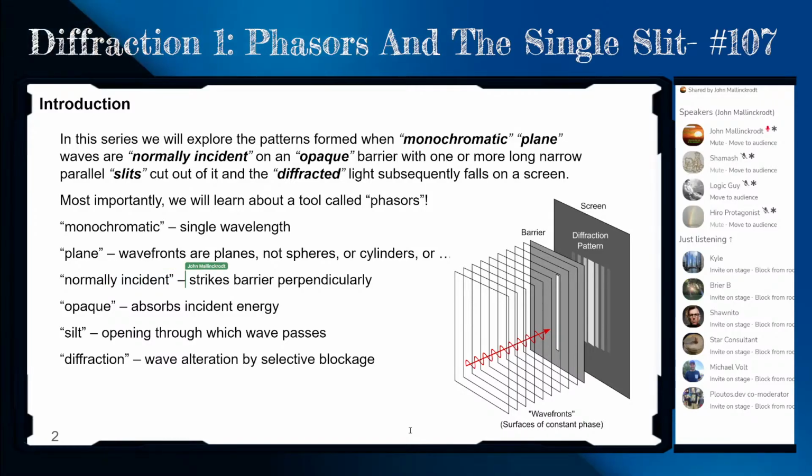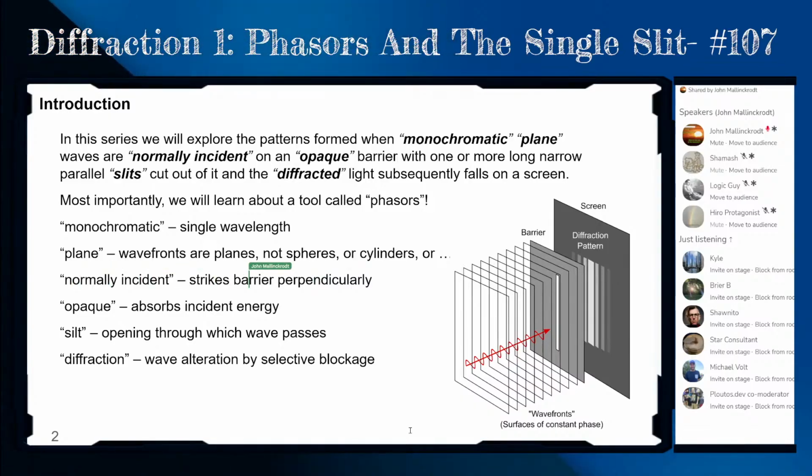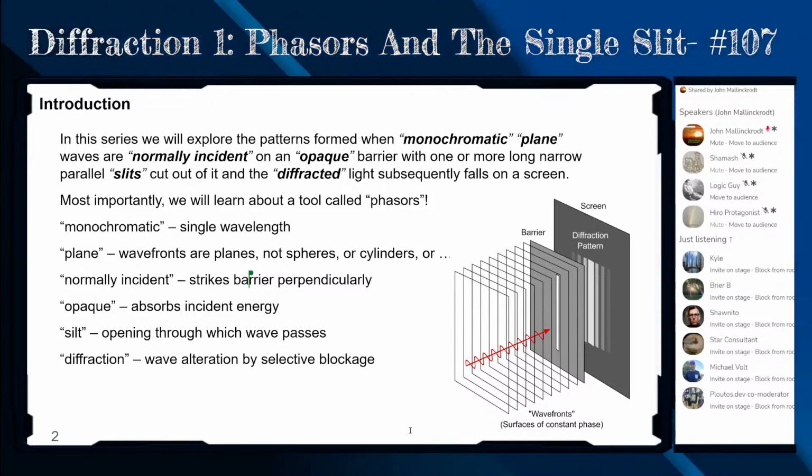Normally incident means that the wave, we're going to limit ourselves, so we don't have to do this. It turns out it's easy to relax some of these criteria, but we're going to talk about waves that are coming in perpendicular to the barrier. So the propagation direction is perpendicular, coming straight into the barrier, as shown with the red line in the diagram there. You can see the wave fronts coming, all those wave fronts, which we'll call